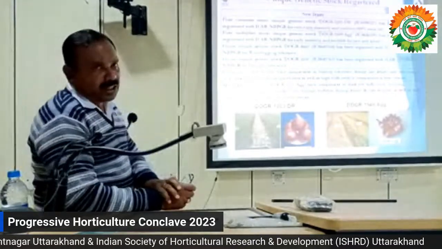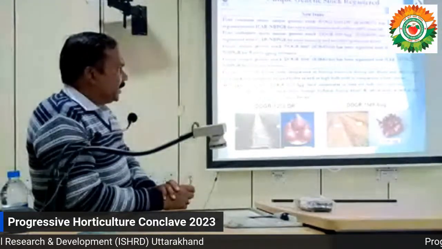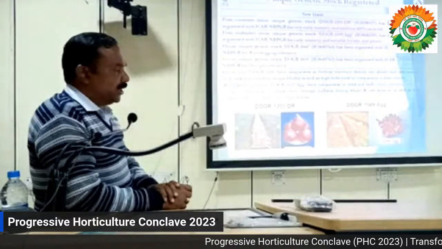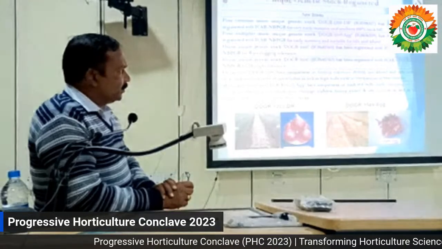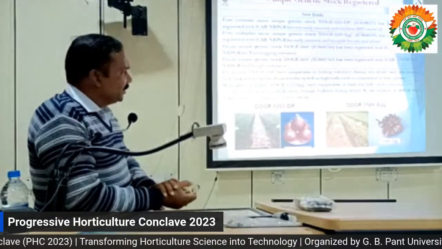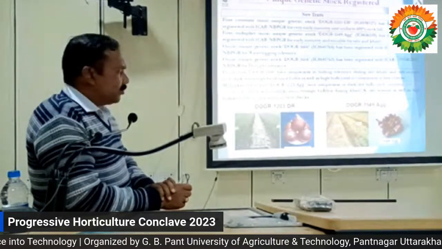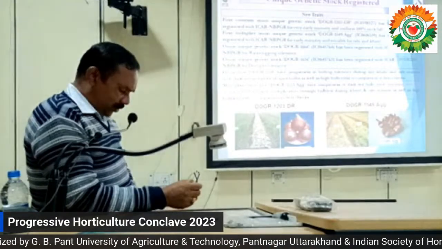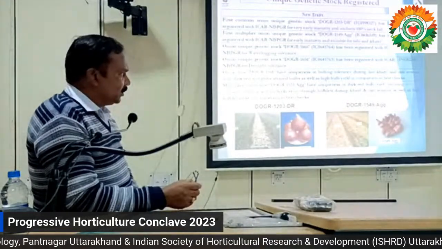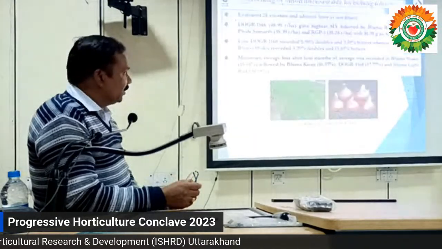In addition to that, we have registered genetic stocks with NBPGR for specific traits: DOGR 1203 for early maturing, DOGR 1549 for early maturity as well as suitability for Kharif and Rabi season, DOGR 1666 for waterlogging tolerance, DOGR 1656 for drought tolerance, and DOGR 1168 for bolting, and DOGR 1523 for early maturing and suitable for Kharif and Rabi, with 5 to 6 cloves in the case of multiplier only.